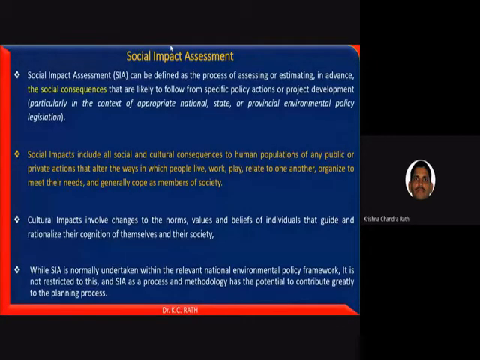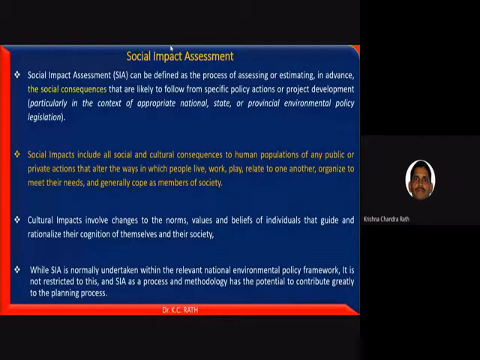Social impacts include all social and cultural consequences to human population of any public or private action that alter the way in which people live, work, play, relate to one another, organize to meet their needs, and generally cope as members of society. For the information of the audience, I would like to highlight that